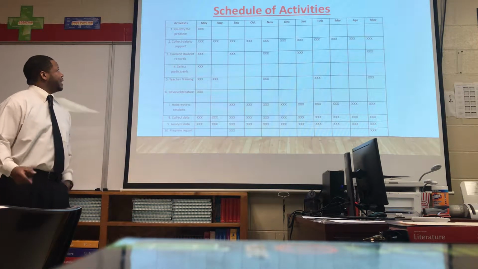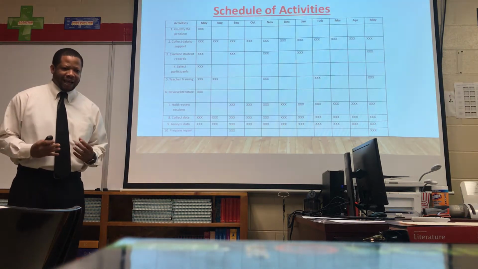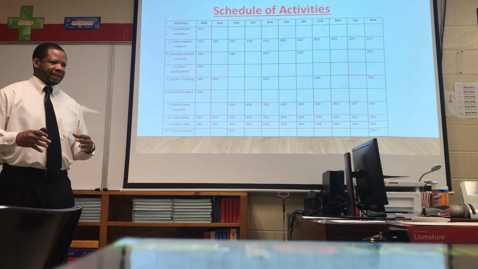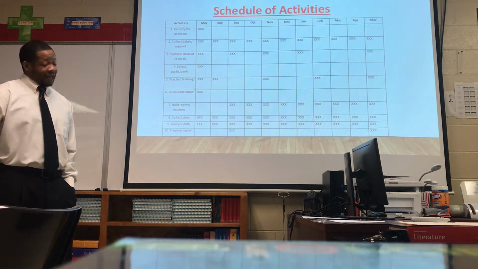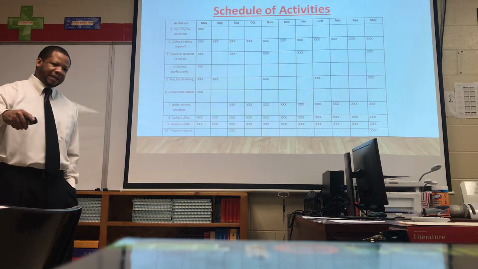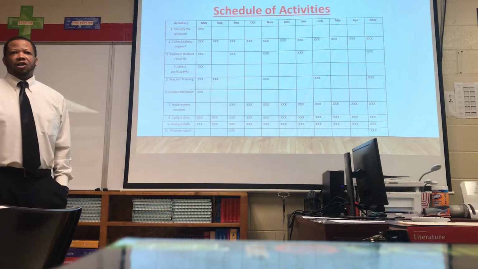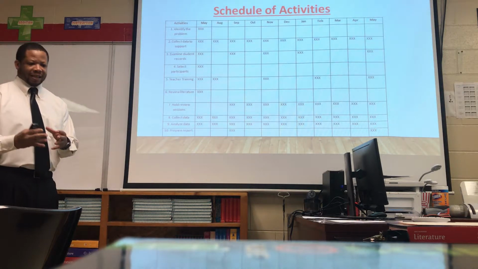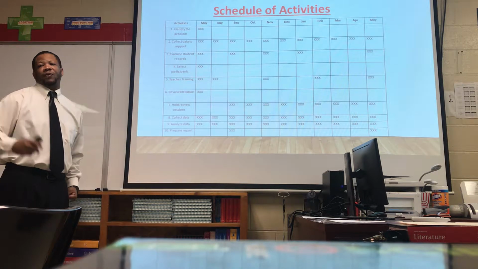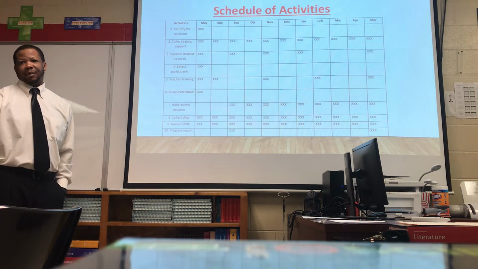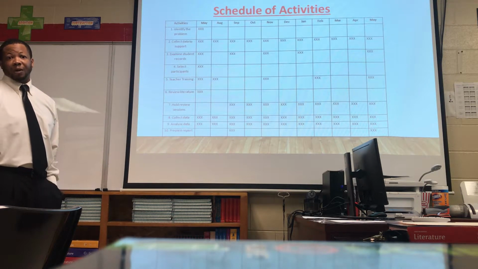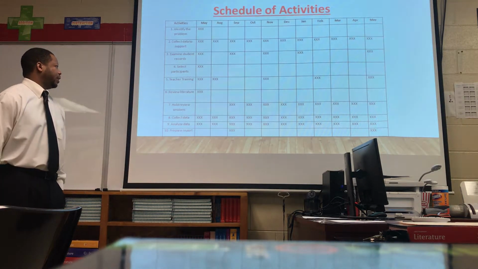The schedule of activities changed a little bit. We're always collecting data as a professional standards commission. With that data, we were able to analyze and realize that students were failing reading tests, but they also were failing the math test. So what did we need to do? What was happening was that students that were failing reading almost failed the math. And the math on the ACT Aspire had a huge reading component to it. Were you able to read problems? Were you able to comprehend what you were reading and go forward?